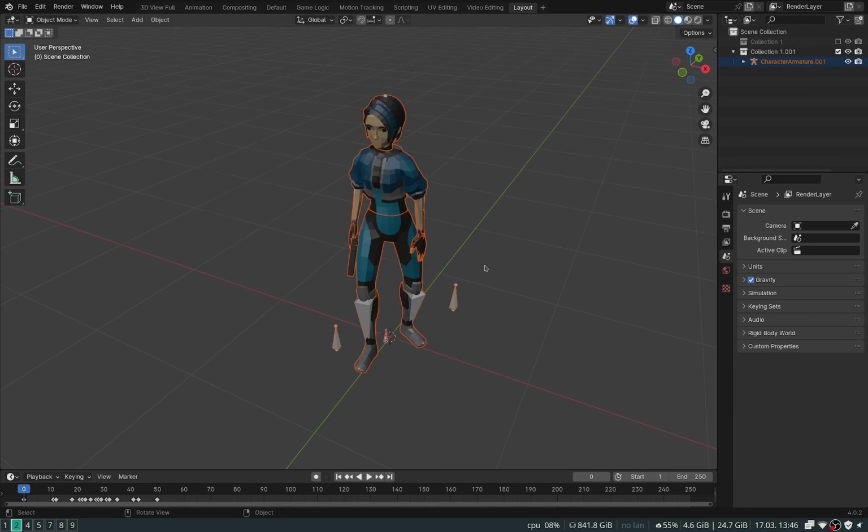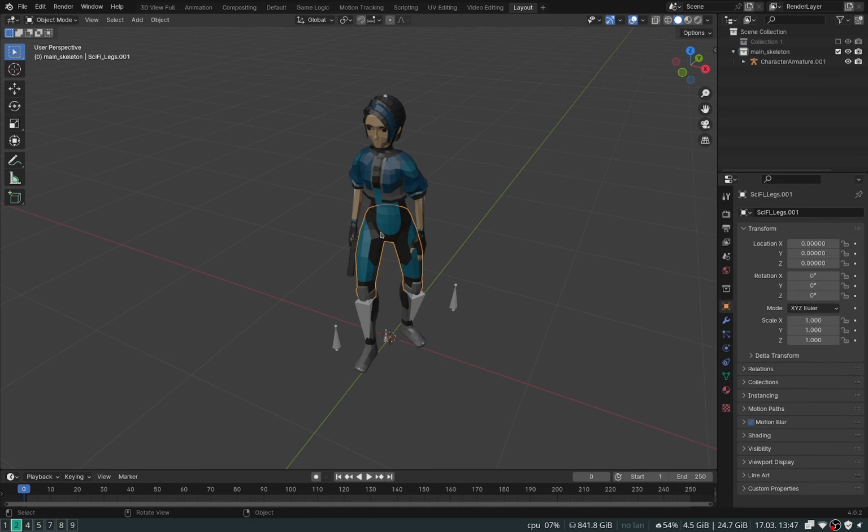So our person is here. You actually have to export your stuff from the middle, or else when you import it into Bevy, it'll be off to the side, and that will not be good. So we will keep everything here, and we'll just hide different parts as we need to. So what we're going to do with this duplicate, which we can rename if we want to the main skeleton,